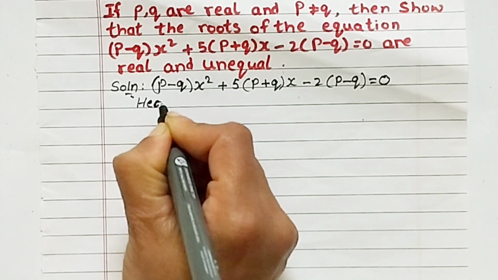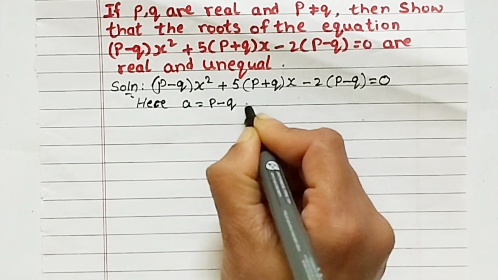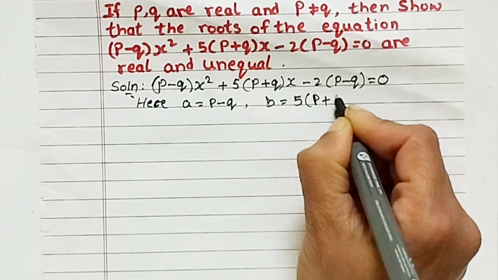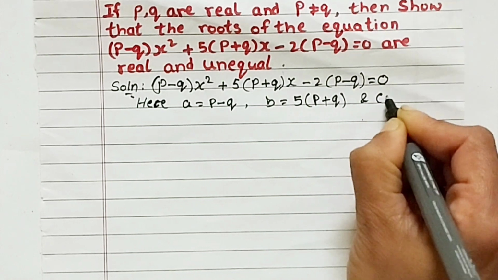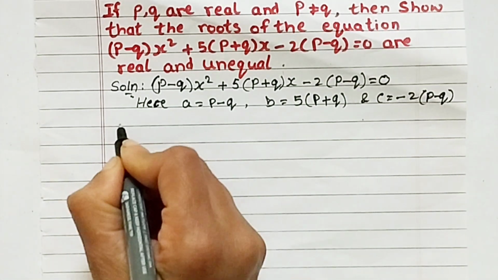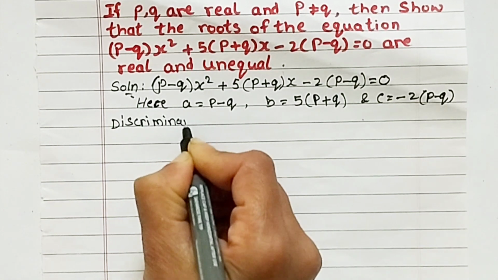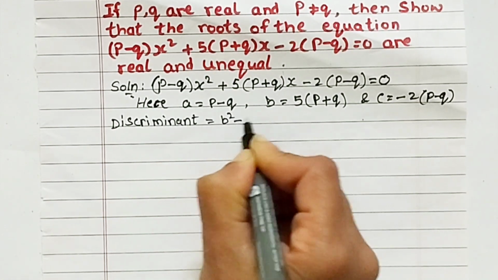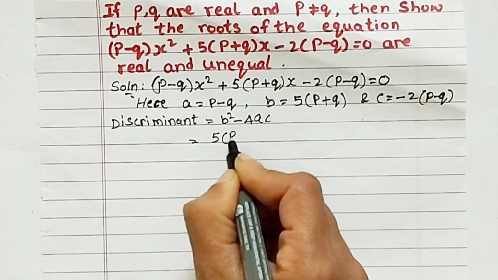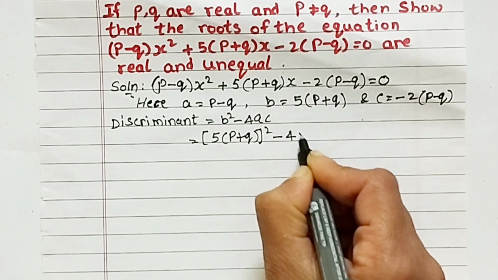here a is equal to p minus q, b is equal to 5 into p plus q, and c is equal to minus 2 into p minus q. To take the discriminant, b square minus 4ac, here b square is 5 into p plus q whole square, minus 4 into a is p